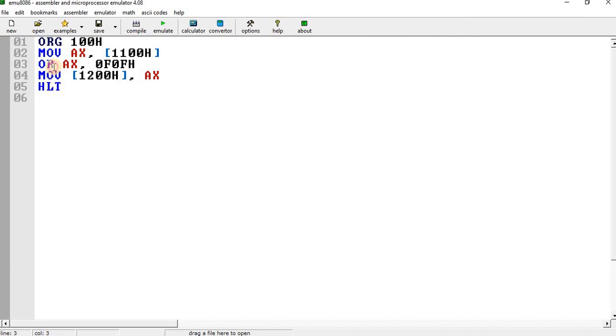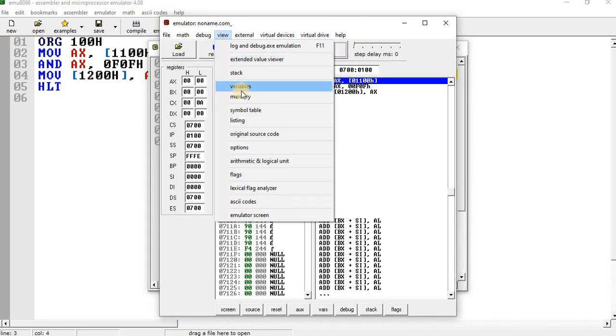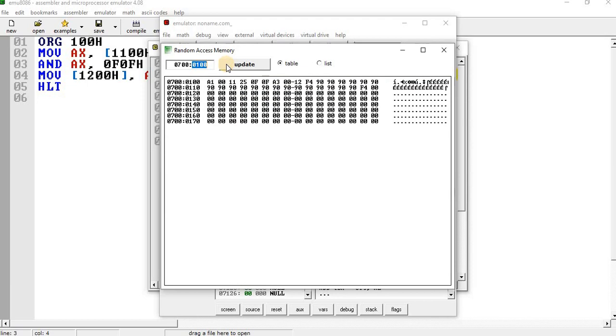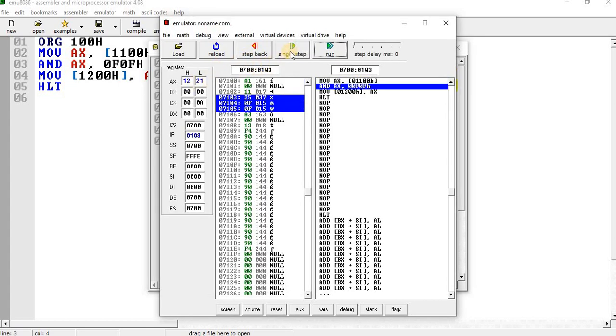Suppose you want to mask the bits, then replace the OR with AND and emulate. Go to view, memory, go to 1100 and update the view 2112. Now go for single step, so 1221.